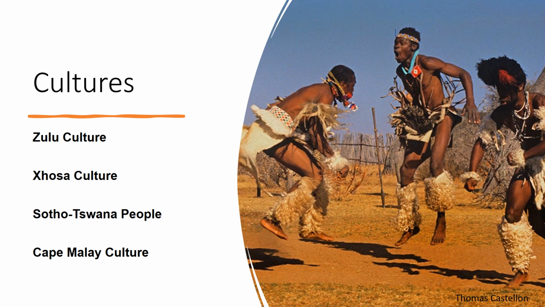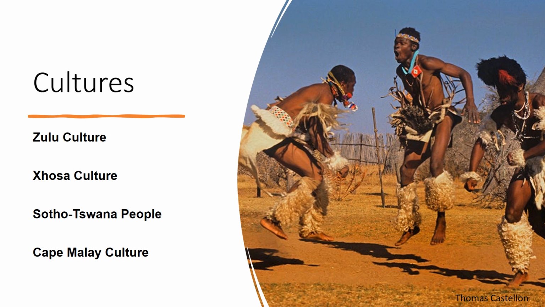Sotho-Tswana people. The Sotho-Tswana people are primarily located in the Free State and Northwest. Their culture is reflected in pottery making, hut decoration, and rituals, and their folklore relies on animals to convey messages of morals. Cape Malay culture. Descendants of Javanese and Indonesian prisoners of the Dutch, they have a rich tradition in cuisine, fashion,